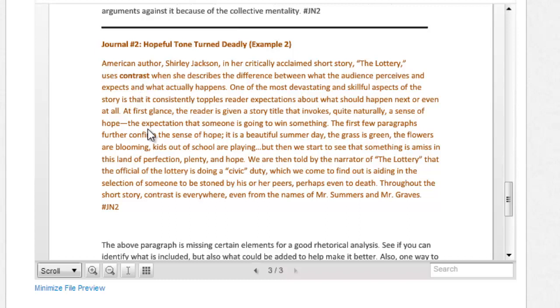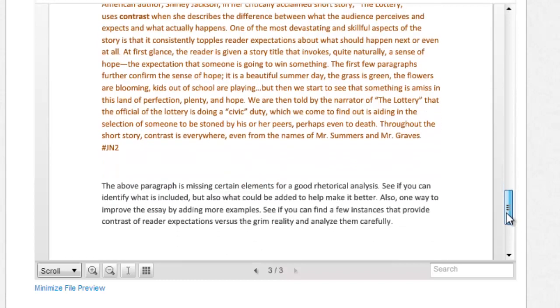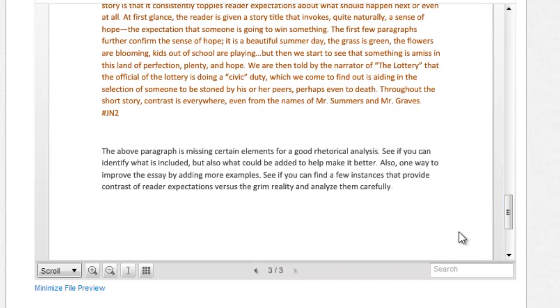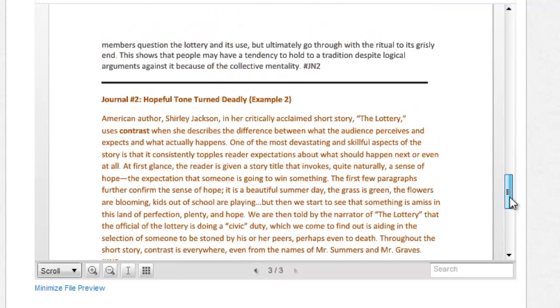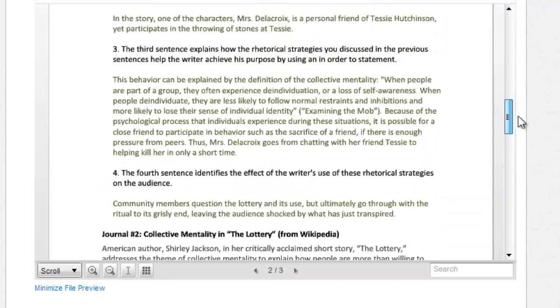So there's got to be a key element, a rhetorical element, that you are going to be analyzing for this to be an analysis. If you're not doing that, then all you're doing is telling us the story. Now, keep in mind that we are all reading the same story. So whenever you're repeating what's happening in the story, we're all reading your journal going, yeah, I know that already. So make sure that you have read these 2 examples,